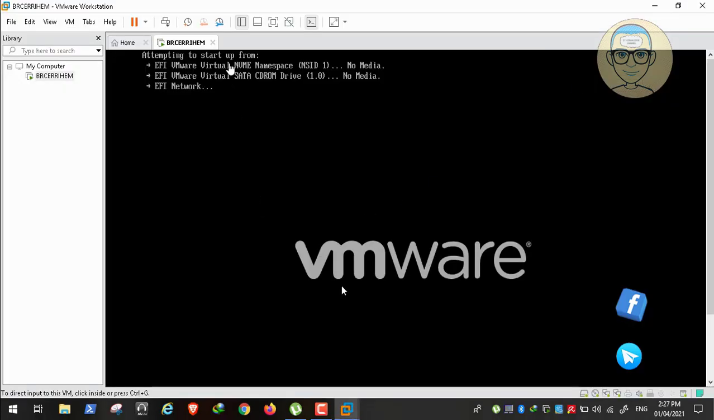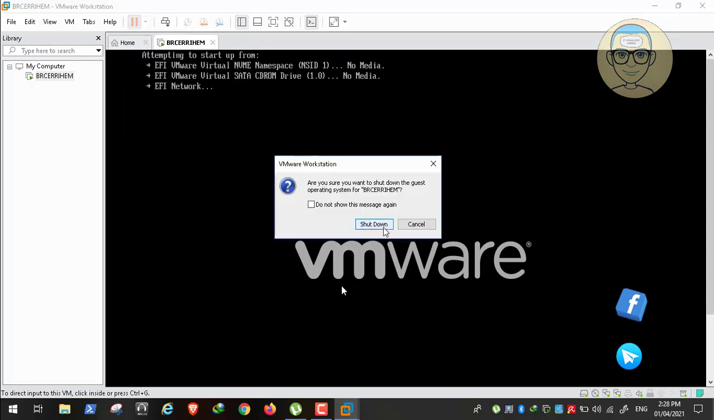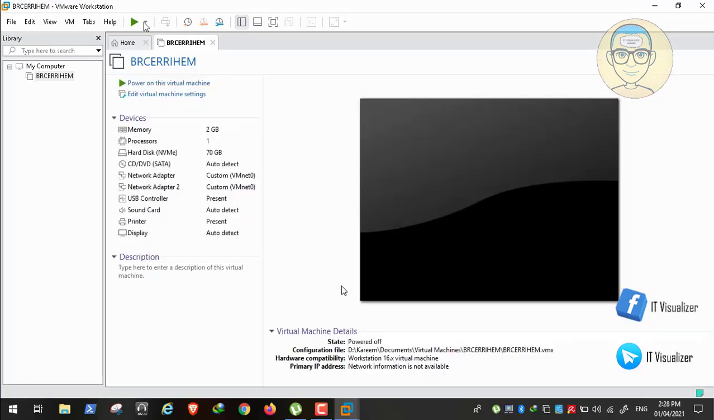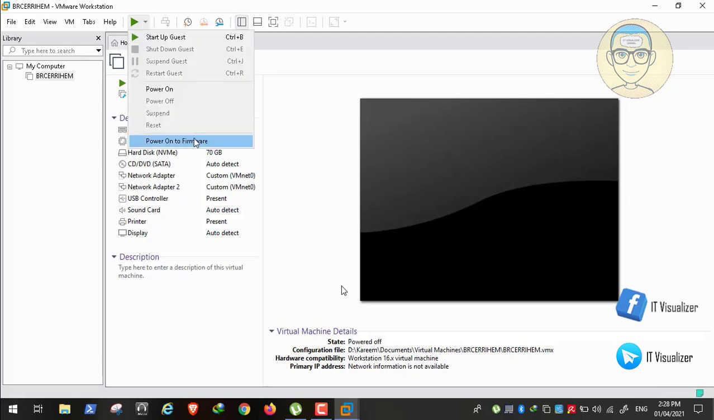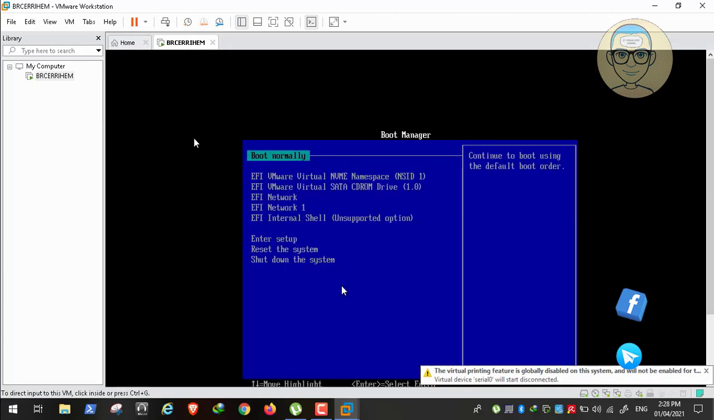So anyway, we will power off this virtual machine. Okay, we'll shut down and then we will power on to firmware just to make sure that it will boot from the USB. So tell it to power on to firmware, to go to the BIOS setting and see if it will boot. Here we can see that it doesn't boot, or we need to tell it to enter setup to see the boot order